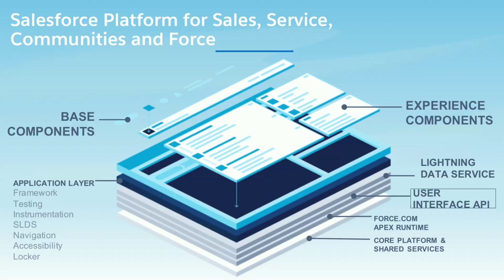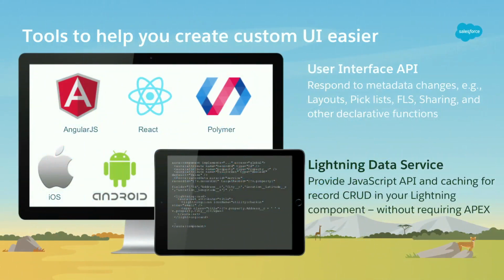It's the metadata-driven declarative platform that many of you have been using for years. And you have made a lot of investments in setting up your orgs with a bunch of metadata, and we are taking those and using them to give you higher